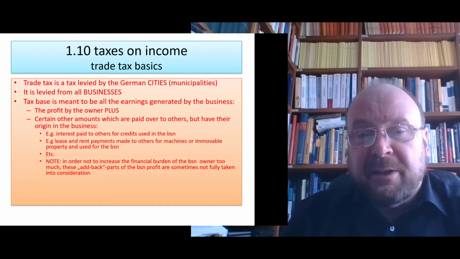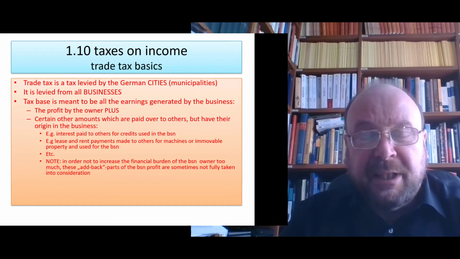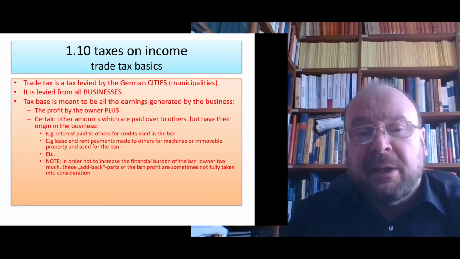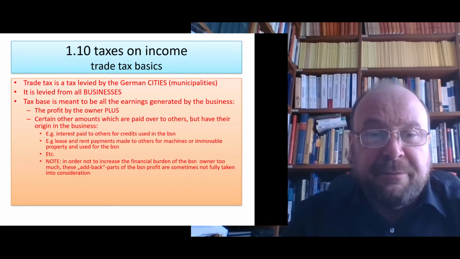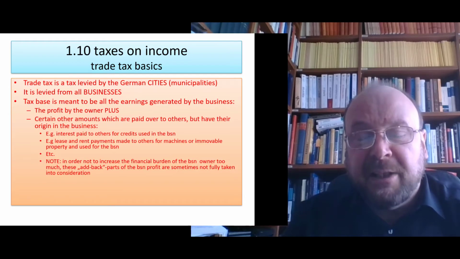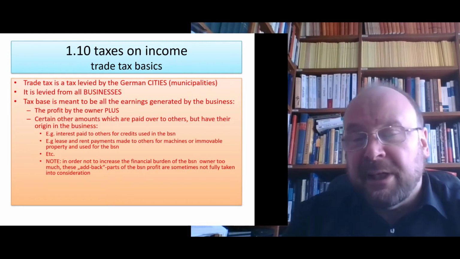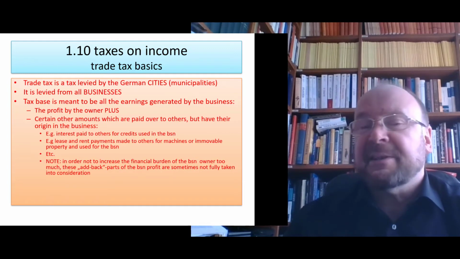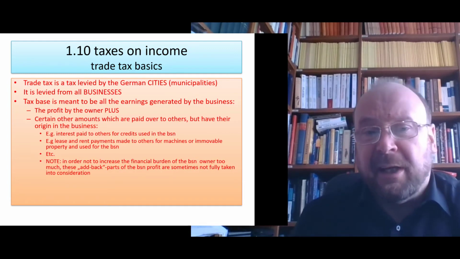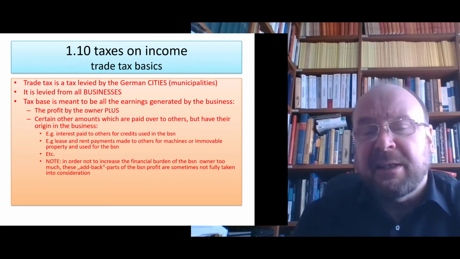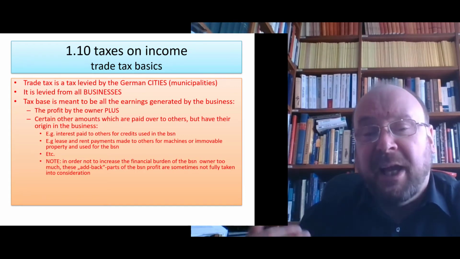And in the course of time, the legislator in Germany began to make compromises and said, we want to improve the position of businesses. And so we renounce on the full taxation of many of these parts, these payments. For example, interest, lease, and rent and machine rent payments are not fully taxed by trade tax anymore, but they are sometimes only taxed by a quarter of their amount. And then there is even a free allowance of, at the moment, 200,000 euro for these payments.